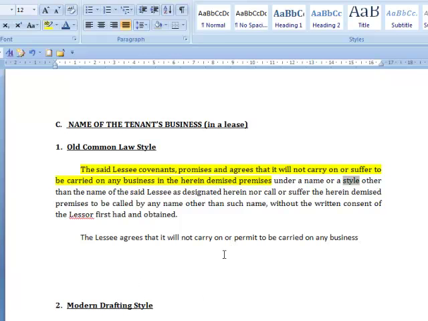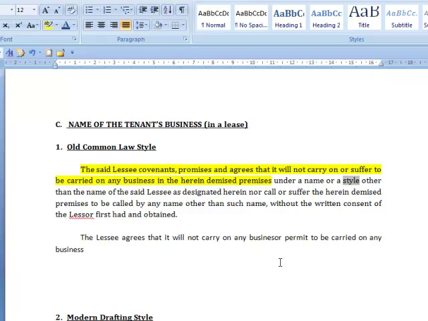Let's think about if there's a better way to write that. A way that it makes more sense when you're reading it. And what I would suggest is that the lessee agrees that it will not carry on any